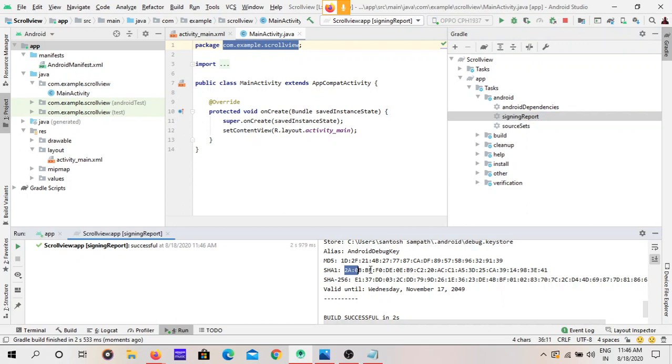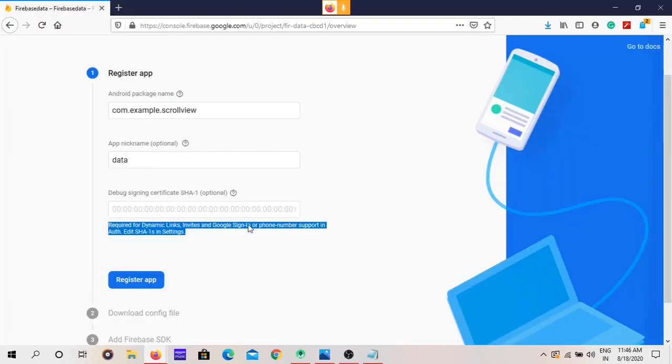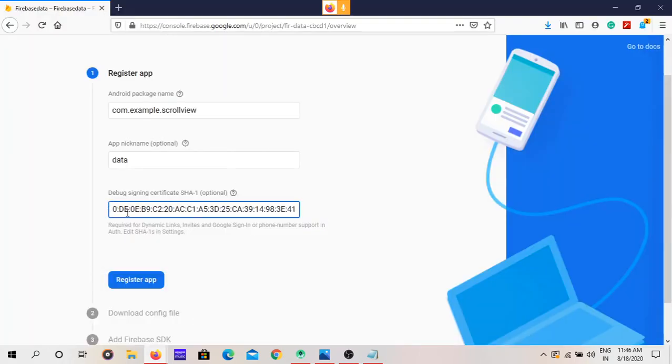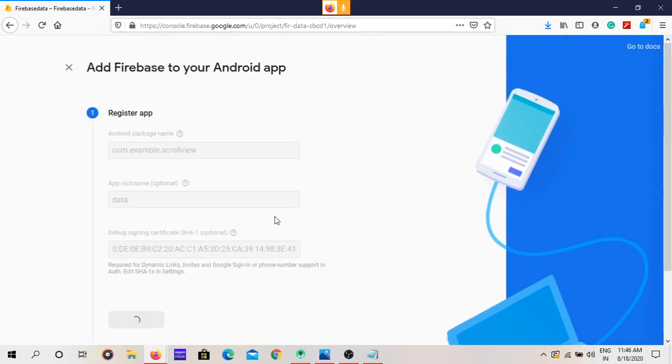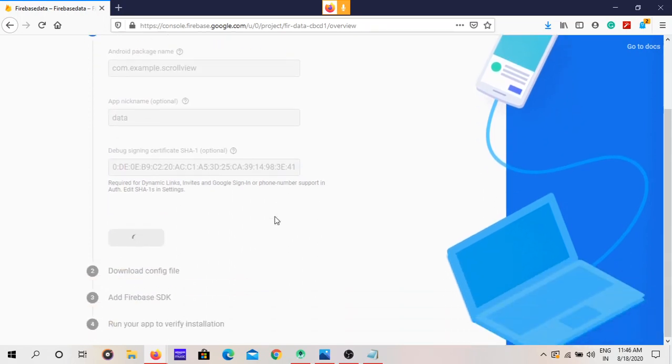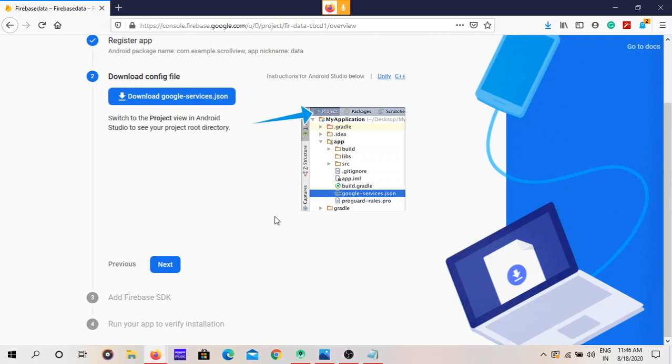Copy that SHA1, go to Firebase, paste it here and register your app. The first step is completed in the connecting process.